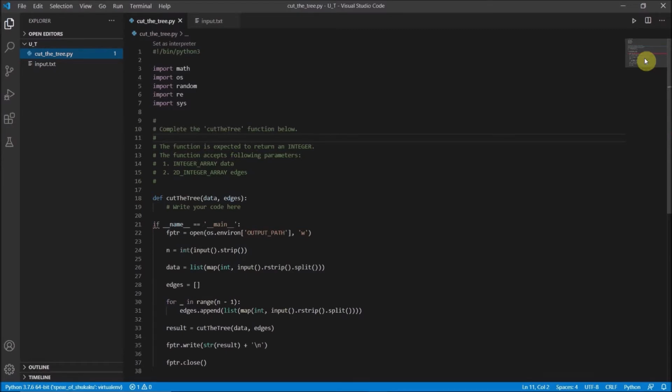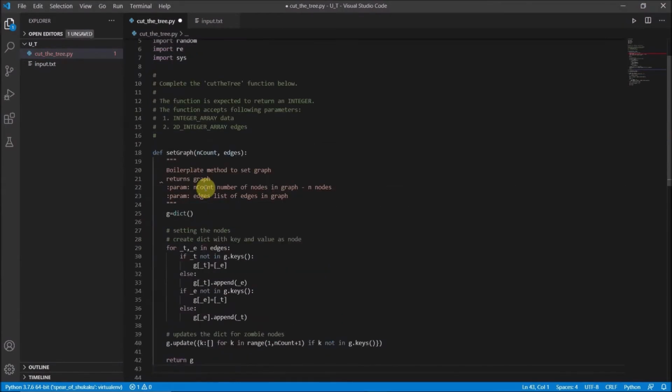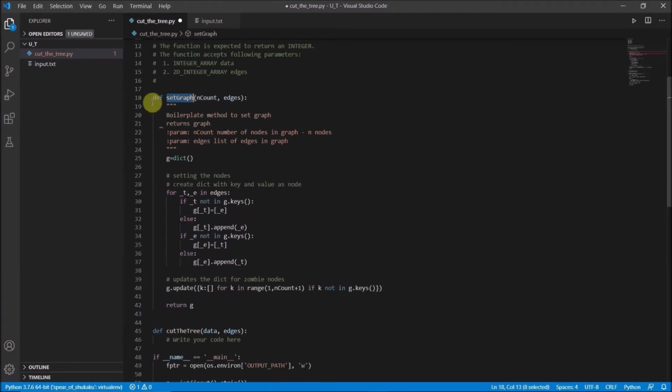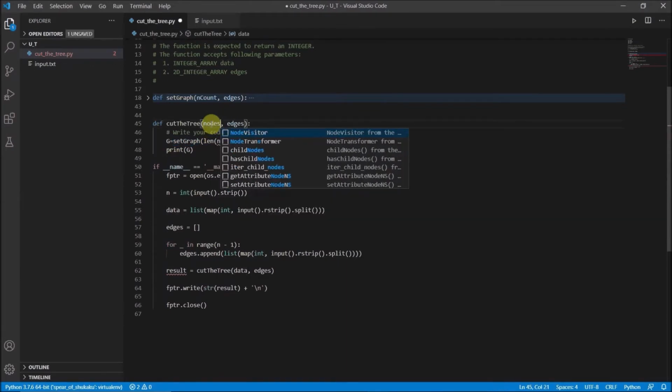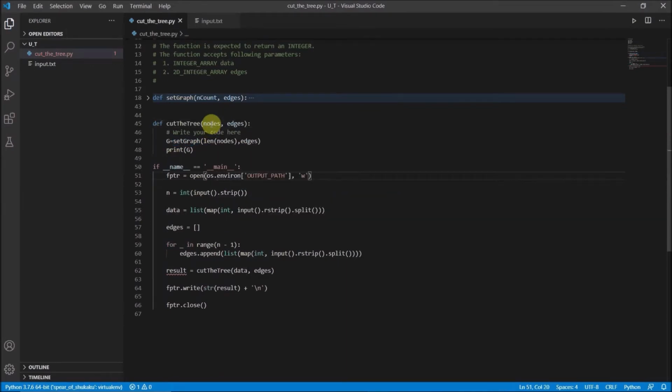I'm going to use boilerplate code that I use to create a graph. I have just copied and pasted a setGraph function that I use to create graphs. We can use this method and see the type of graph it generates. I have copied the instruction to execute the setGraph function, and I have passed nodes here, since you can see that there is no node defined here. Actually the data is the nodes. Also you can see we have this environment variable defined here, and I don't want it to write to a file, I just want to print it, so I am going to comment this out.